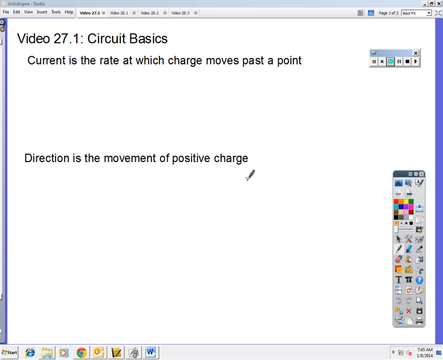This is video 27.1 where we look at the basics of electric circuits. Most of this will be review, but you probably still need to hear it anyway. Now the first thing is the definition of electric current, and that's the rate at which charge moves past a